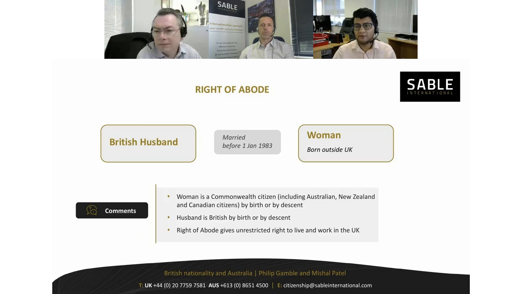So that's another provision. So right of abode, this is not British nationality, but it's the next best thing to British nationality. In this particular set of circumstances on this slide, the right of abode is actually passed automatically onto a woman just because she's a Commonwealth citizen, Australian in this case, could be quite relevant, and her marriage took place before 1st of January 1983 through a husband who is either born in the UK perhaps, and that's how he's British, or perhaps his dad was born in the UK, or in fact, he may have even lived and naturalized in the UK. It really doesn't matter, but as long as